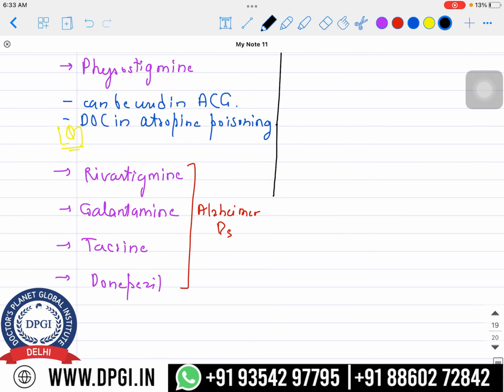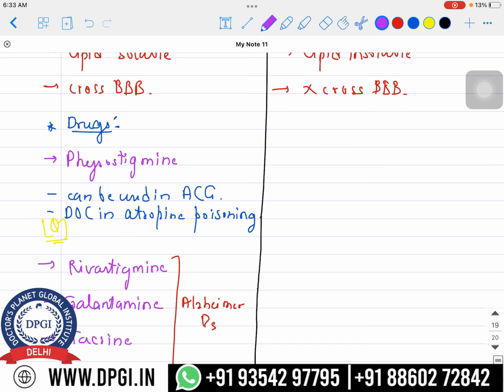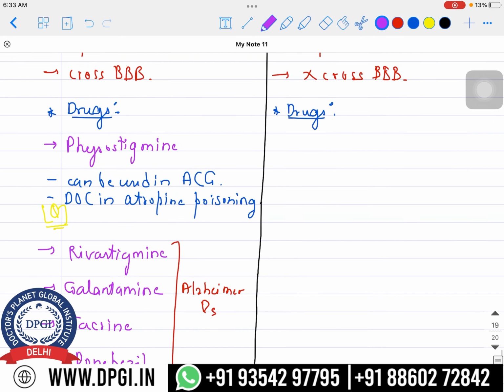On the other hand, what are the drugs which we can talk about in this section? Here we are using a very important drug, and I'm sure you must have heard about it. That is, the drugs which can be used in myasthenia gravis. Yes guys, you heard it right, which I had talked about in the previous slides also. Myasthenia gravis, right? About the pathophysiology of myasthenia gravis: autoantibodies were formed and they were blocking the cholinergic receptors. So over here, the first drug which I'm going to talk about is edrophonium, guys.